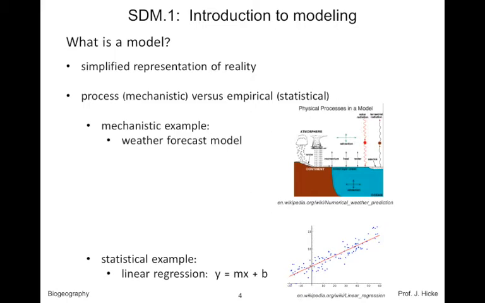So there are generally two classes of models. One is a process or mechanistic model, and the other is an empirical or statistical model. The differences are that a mechanistic or process-based model, for instance a weather forecast model, as you can see in this figure in the diagram here, is based on mechanisms that are responsible for driving the process of interest. So, for instance, in a particular species, if we're thinking about a species distribution, maybe that species